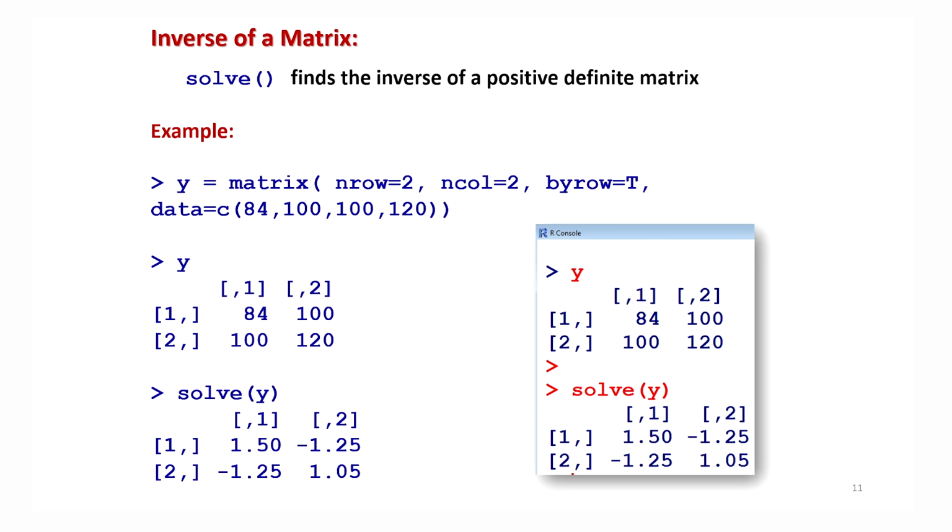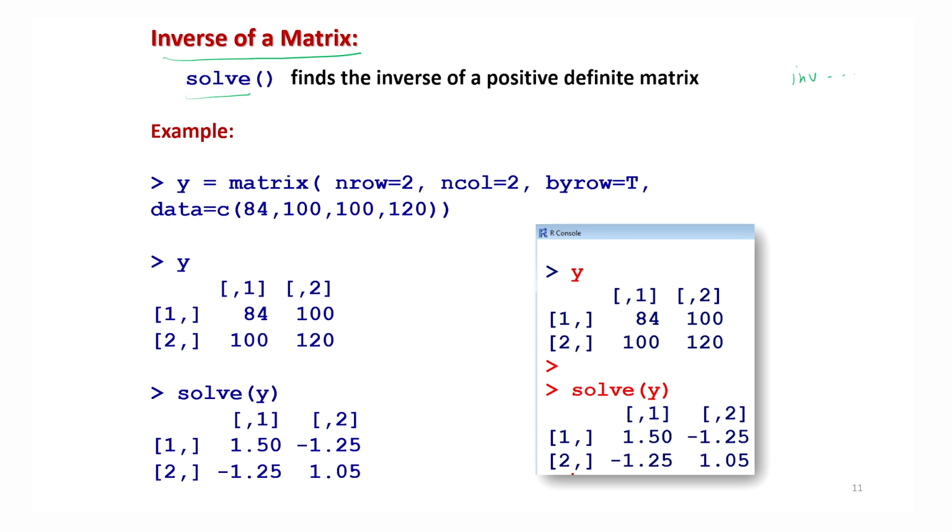Now I come to another aspect, the inverse of a matrix. In order to find out the inverse of a matrix in the R software, the command here is solve, SOLVE. Some of you might be confused about why it is solve. In many software it is like inv, etc. Those who are familiar with matrix theory also know that many times we try to find the inverse of a matrix by solving a couple of equations. So that is why this name has been given, but anyway, this is not our choice.